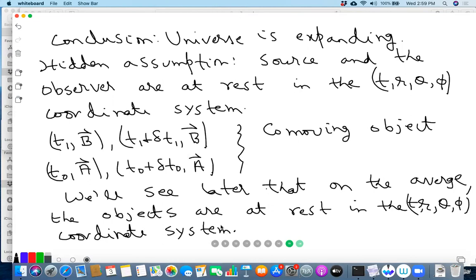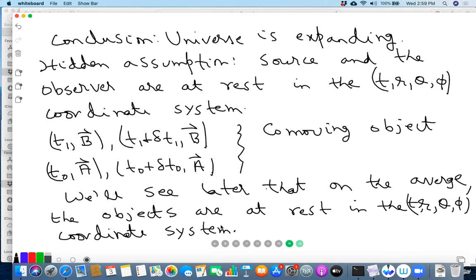Sir, in the co-moving frame, you are saying that under time translation the spatial coordinates remain fixed, but this time is a cosmic time, so that is very large. It's not very large, it's time. This is a time coordinate. So in this time coordinate, on the average, things remain at rest.